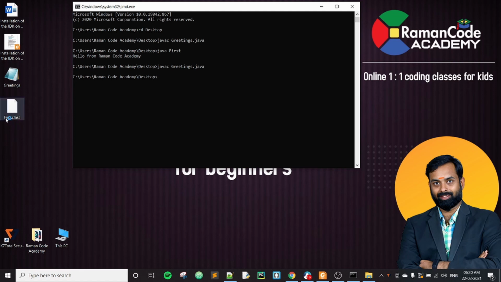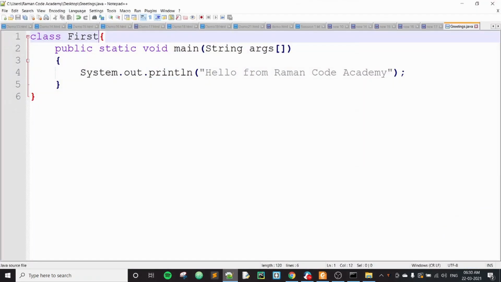Now see here, why does it give the name first.class? If you look at your program, the class that we had in our program is first. The class name which we have here is first. So for every class that you have in a file, it will generate a class file.